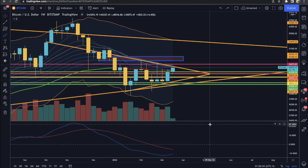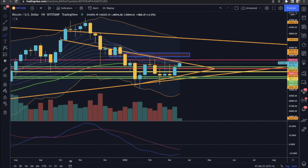My friends, I haven't been on a stream in quite some time now because Bitcoin hasn't done anything in quite some time. Well, now I'm starting to see some interesting developments pop up in the chart that we need to pay close attention to. So, looking at it from a weekly time frame, we're still in this entire consolidation